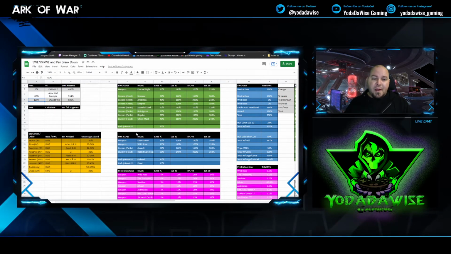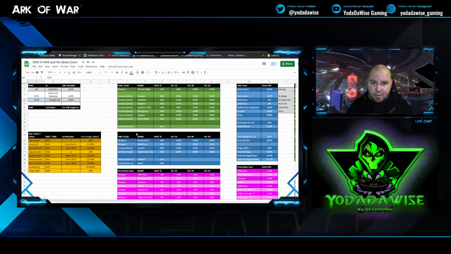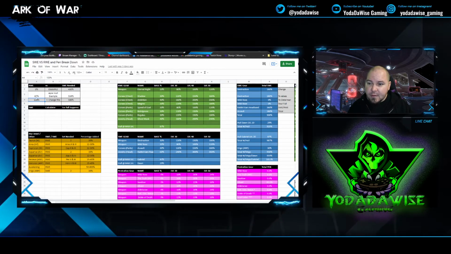So if you want to use this and edit the percentages for your own use, you have to download it in the form of an Excel spreadsheet. You should also be able to download it as a Google spreadsheet. That way you can utilize it to your own means. In the first few columns, A through C, rows 1 to 6, you're going to see